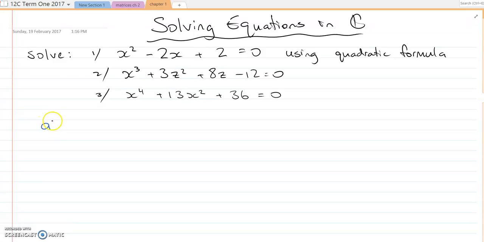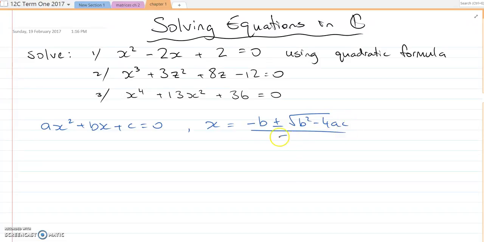So if you've got ax squared plus bx plus c equals 0, the quadratic formula is x equals minus b plus or minus square root of b squared minus 4ac, over 2a. That's the quadratic formula. So for question 1, solving this, we get a is 1, b is minus 2, c is 2. So x is going to be